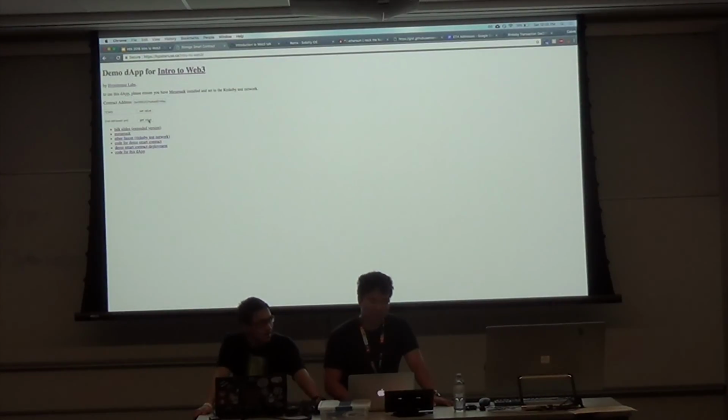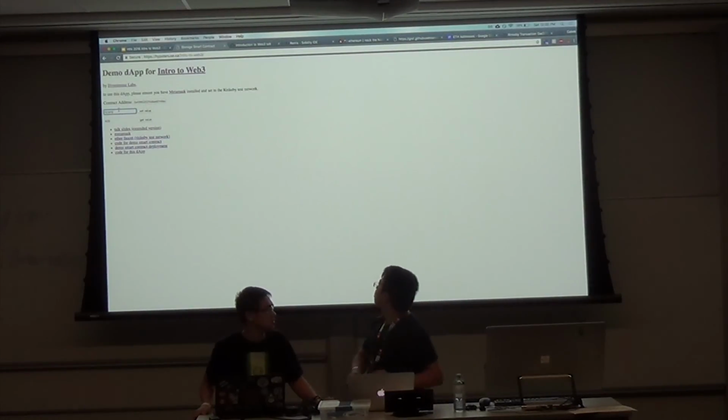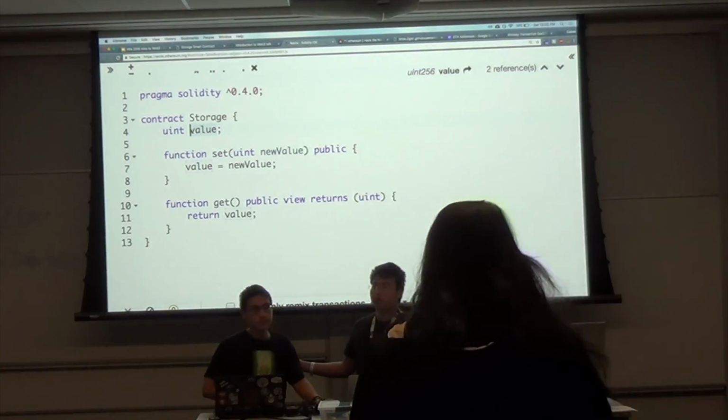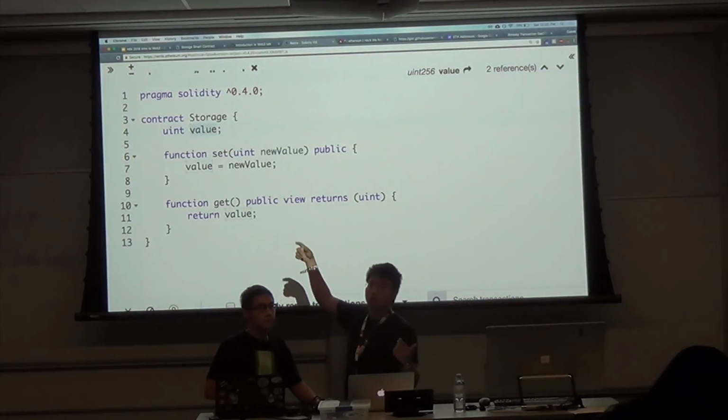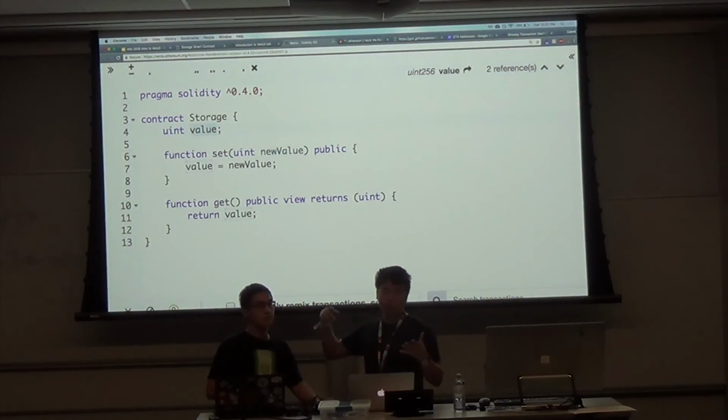Let's say we get a value, like any random value, and then let's say we want to set the value to 1, 2, 3, 4, 5. We want to set this variable to 1, 2, 3, 4, 5 on the blockchain.